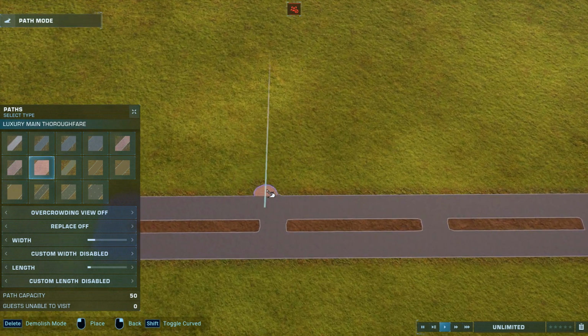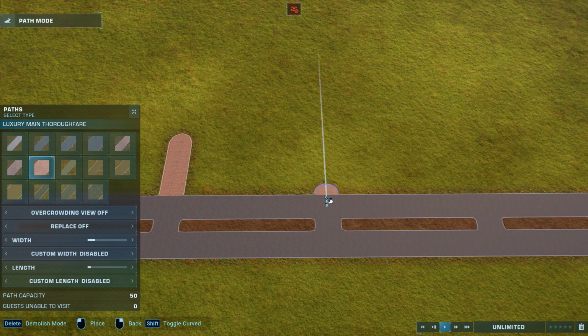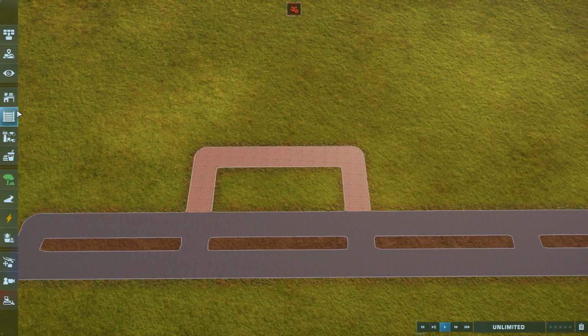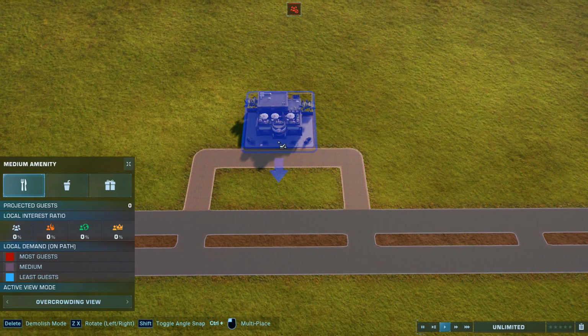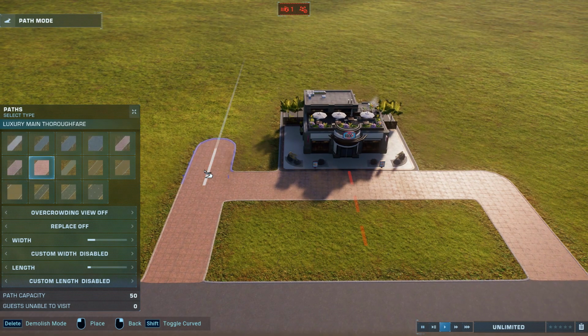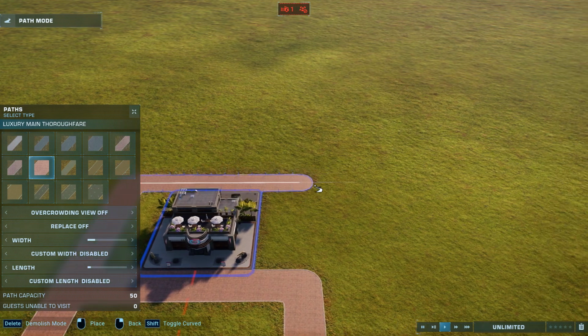We're going to take a different color of path. We're going to go up probably about 2. And just for the purposes of this demonstration, we'll just do a small area, just so you can see the sort of thing I'm getting at here. So here's your amenity. I'm going to put that there right in the middle. And what I'm going to do is surround it